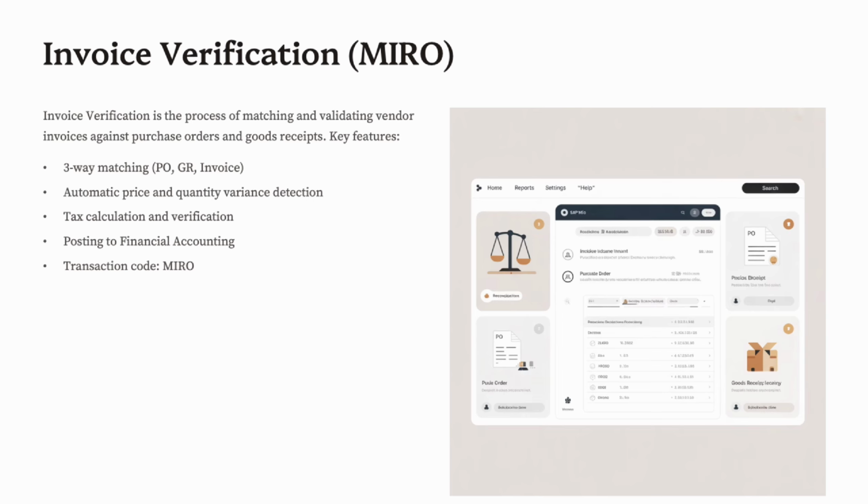Part 6, Invoice Verification, MIRO, completing the Procure-to-Pay cycle. In the Procure-to-Pay process, invoice verification is the critical final step that reconciles goods receipts, GR, and purchase orders, PO, with the supplier's invoice. By posting the vendor invoice in SAP MM, transaction MIRO, you ensure that your organization accurately